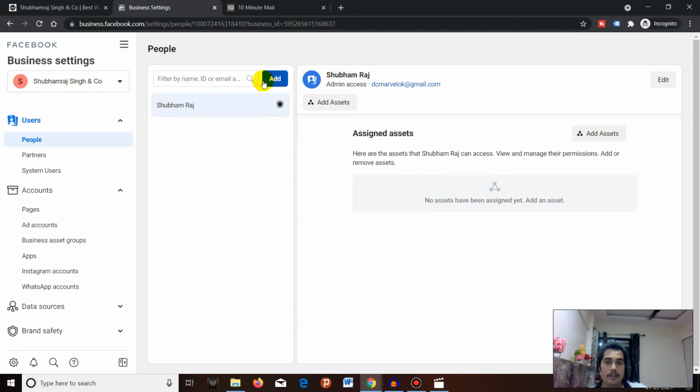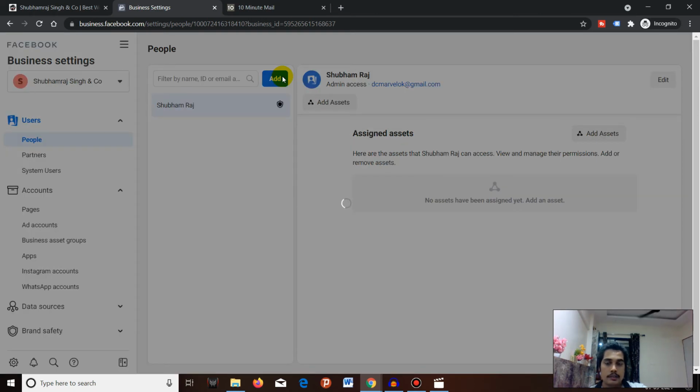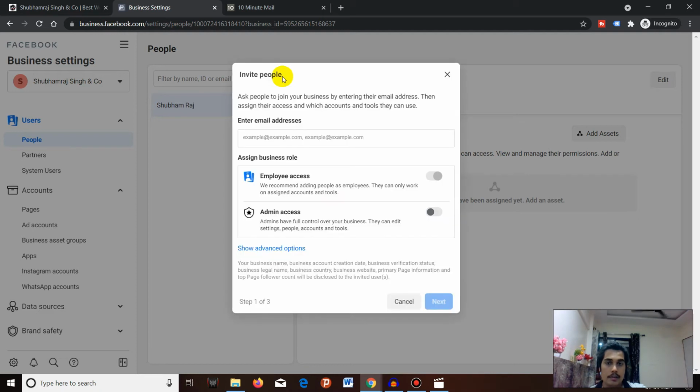Now if you want to add someone to this Business Manager, how can you do that? It's a very simple process. You have to click on Add under People, and here you have to enter the email address of the person whom you want to add into the Business Manager. I will write my email address, press enter, and I can give employee access or admin access.